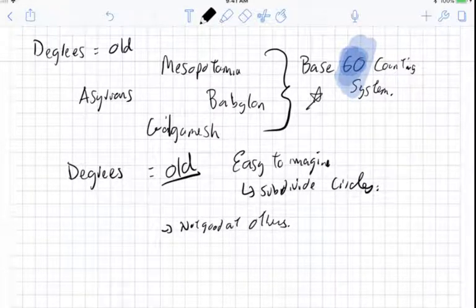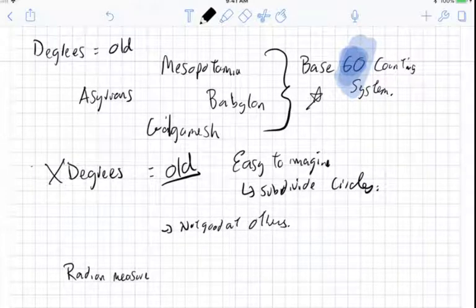In calculus, when we talk about measuring angles, instead of doing it in degrees, we do it in something called Radian Measure. We don't call it units of radians the way we call it units of degrees. We call it Radian Measure. They're a unitless quantity. Don't worry too much about that. The deal is that they're math useful,